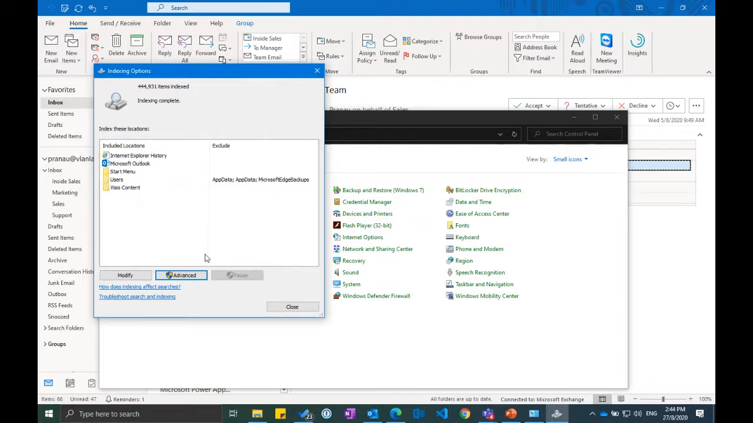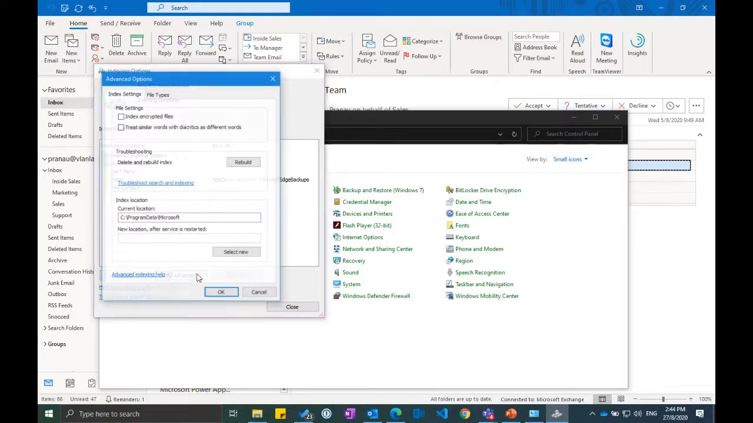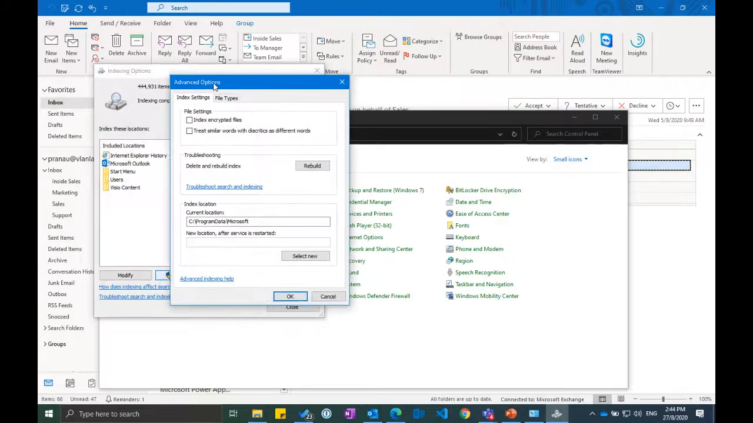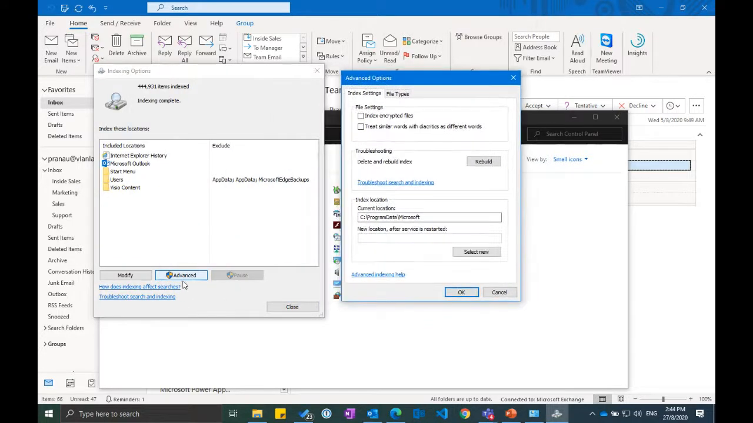So even though you search correctly by typing your email address and the content specifically, if you still find there is a problem, that's why you come to control panel, under indexing option, and you click on advanced and you click on rebuild. Of course, it's going to take a longer time. It depends on the email. If you can see here, there's 444 items indexing,